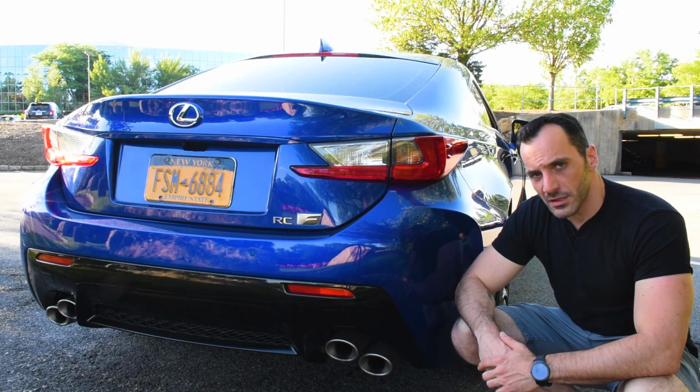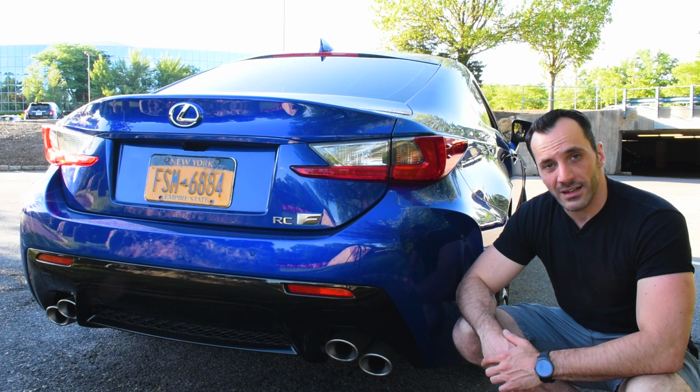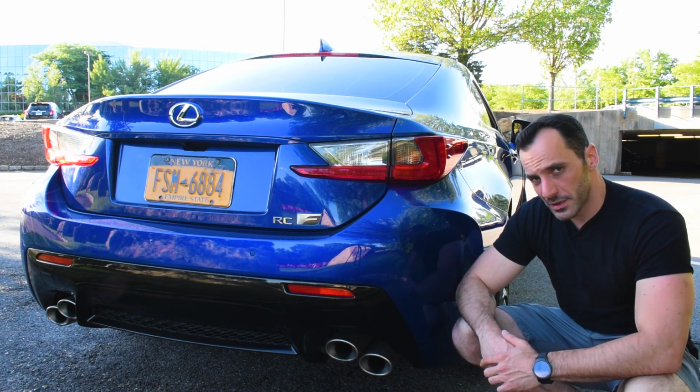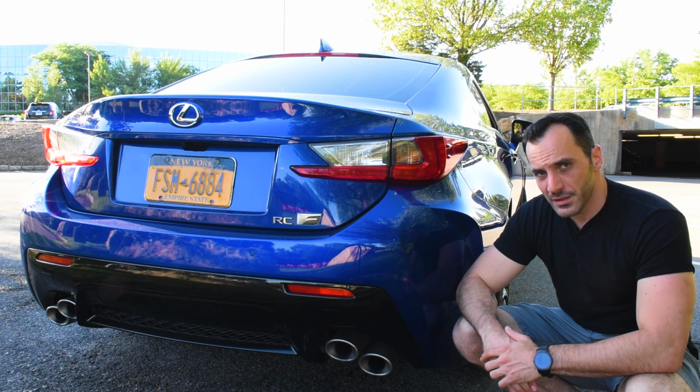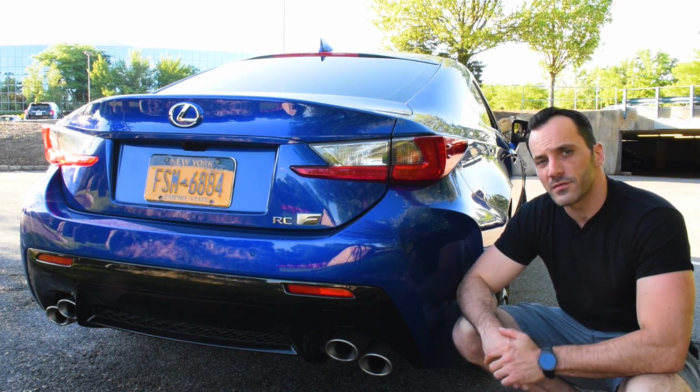When I see a name like RC, I can't simply accept the fact that it's called RC. I need to know what it stands for. In this case, it stands for Radical Coupe. And to be fair, the design is rather radical, and it's a coupe. The F on all models stands for Flagship or Fuji Speedway, which is where they do most of their performance